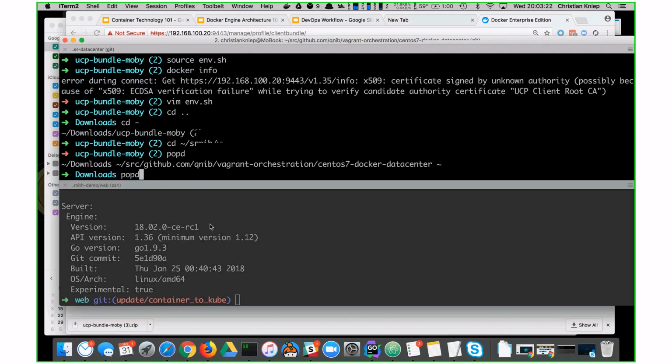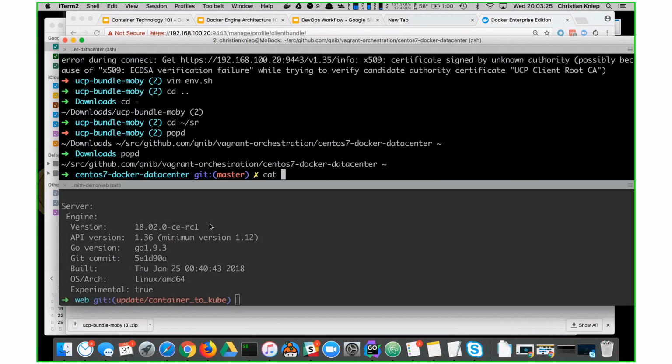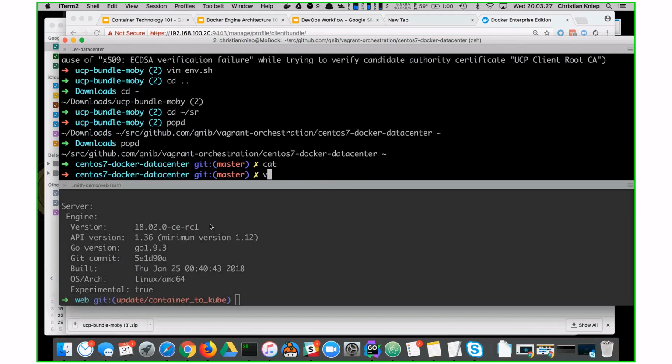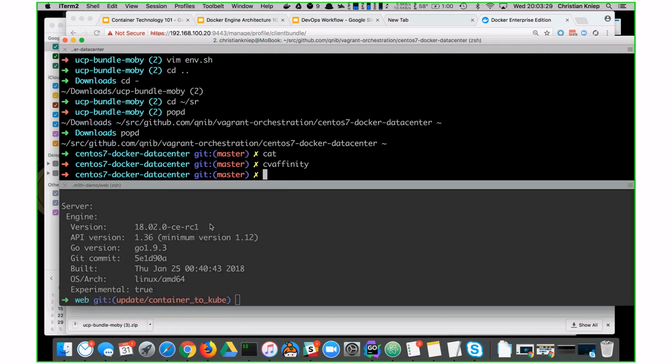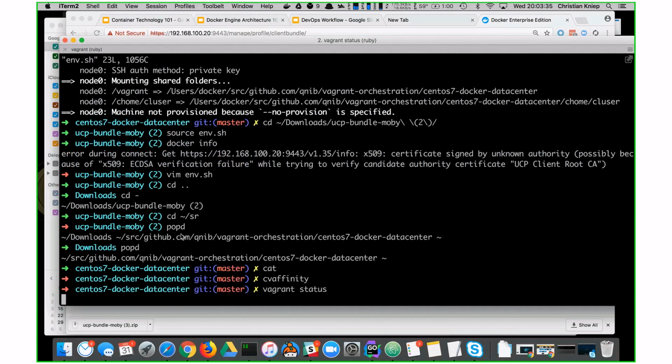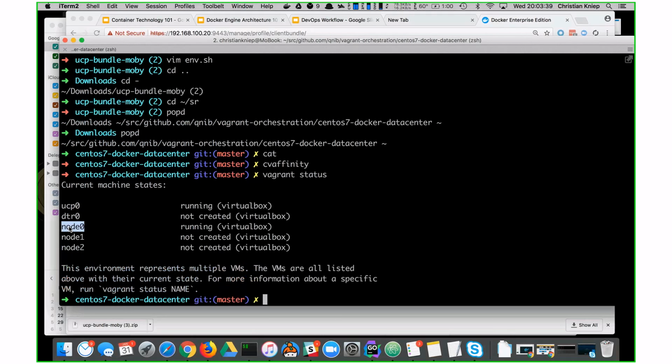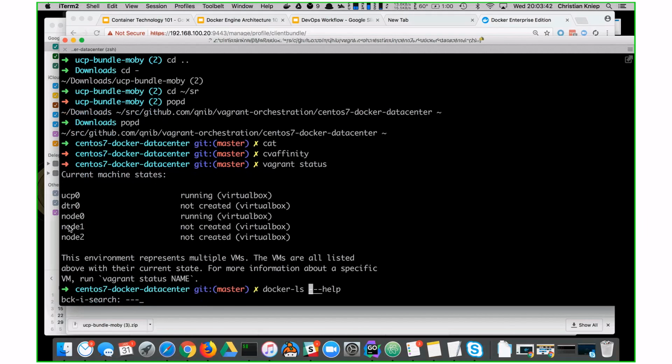And how to extend this, you ask? It's pretty easy. If I have a look at the Vagrant status, I started a new node 0 here, and this I started without provisioning, so I used the no provision option.